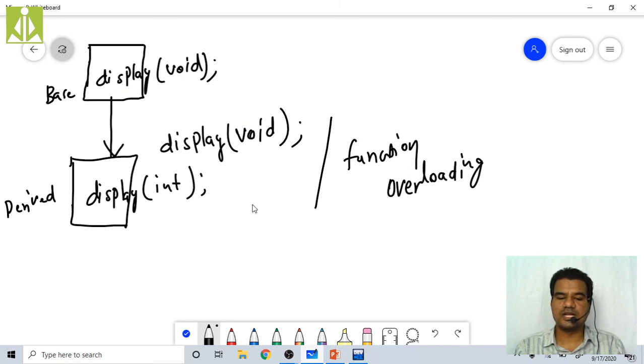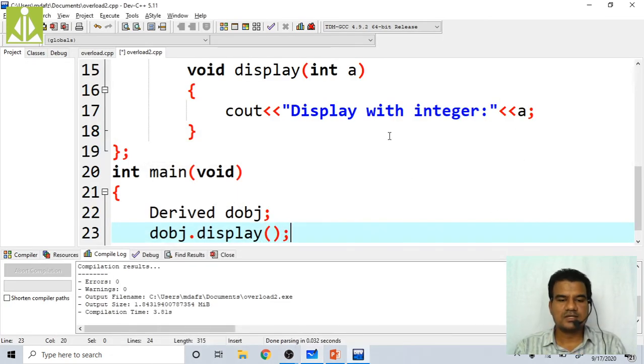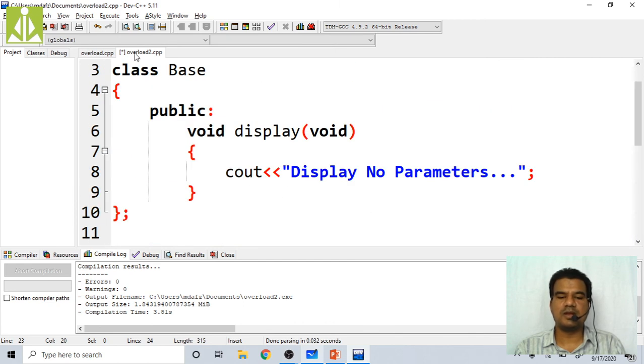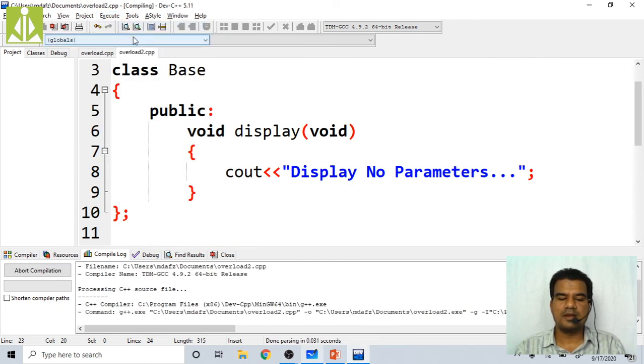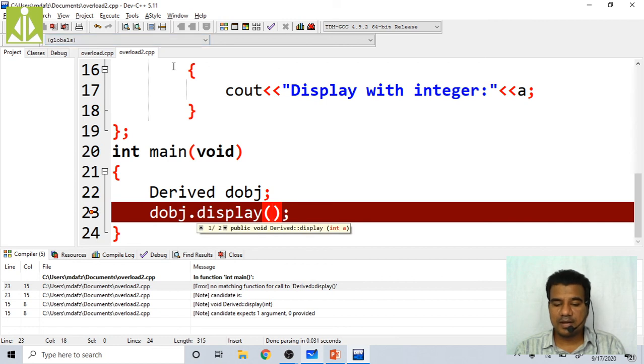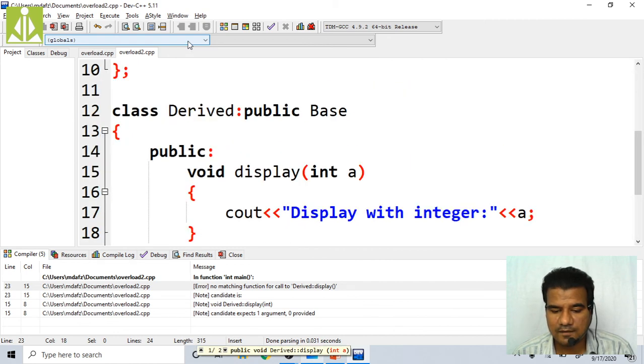This display got inherited into the derived class, so this will get invoked. So quickly see that one. Save it. For this also you should get the same message: display no parameters. Compile. Successfully compiled. It is asking for some parameter. Okay, no matching function to call to derived display.